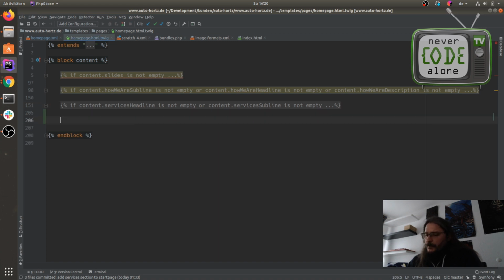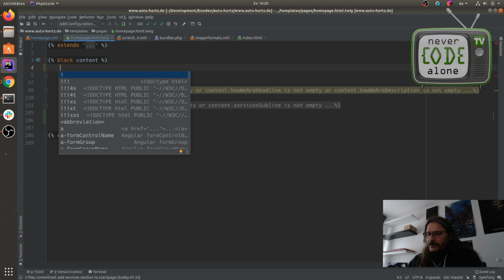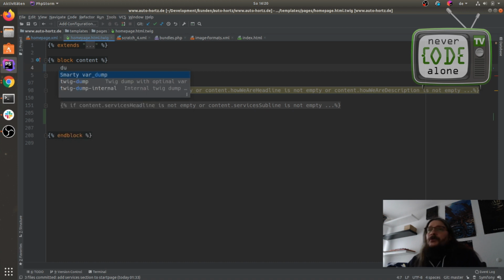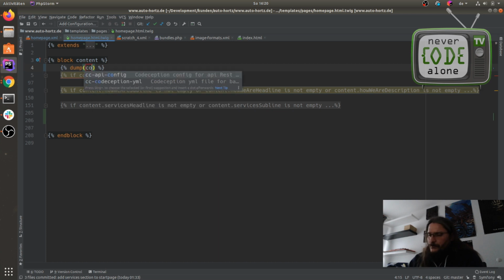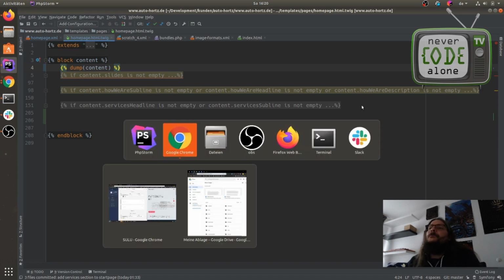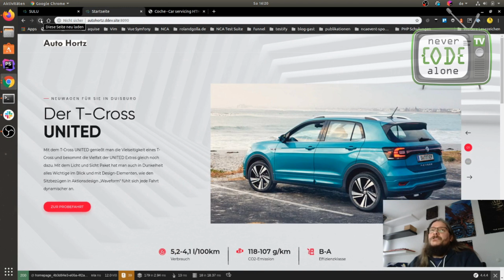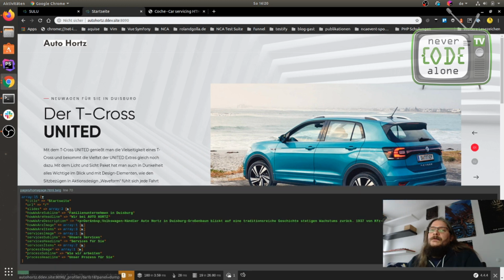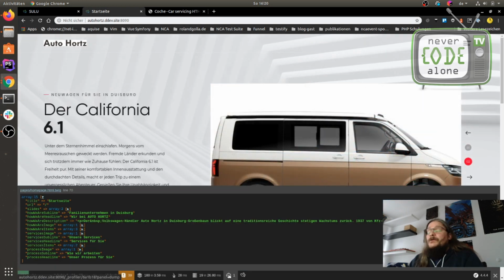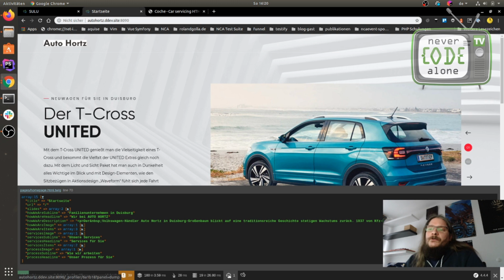So first of all, I do some output here. And I just say I do an internal Twig dump with the content. And now I reload our page and have down here on the debug bar the full information of all items in content.